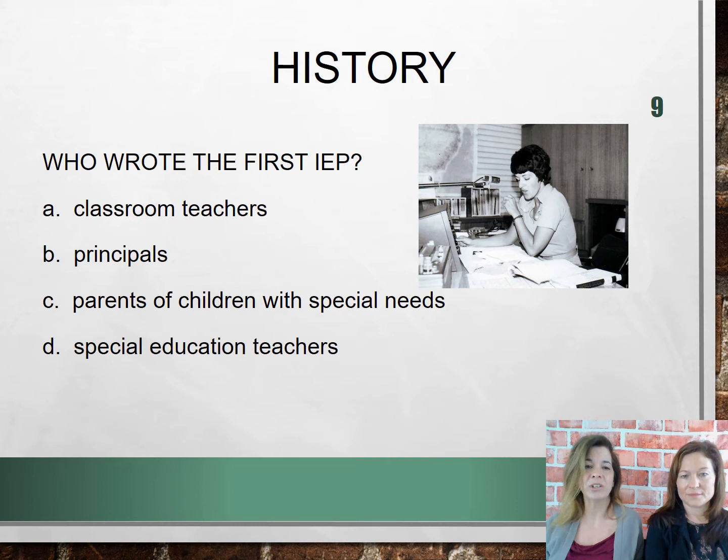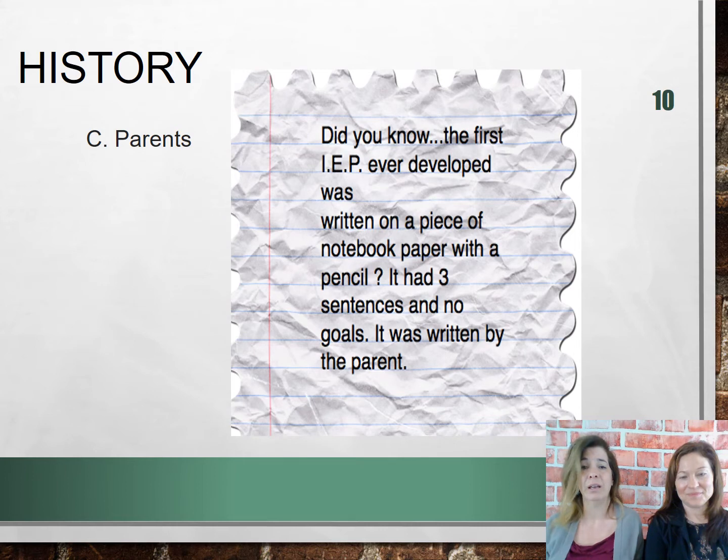Okay, so the next question, who do you think wrote the first IEP? I think these options are quite funny, and when you look at them, again, it may not be what you think. Parents were the first ones to write special needs IEP goals. So you think about that, after the funding and legislation were passed, schools didn't have much in the ways of guidelines for eligibility or for goal writing. And so parents started developing requests. They would send in suggestions or write them out on note paper, really, and give to the school.